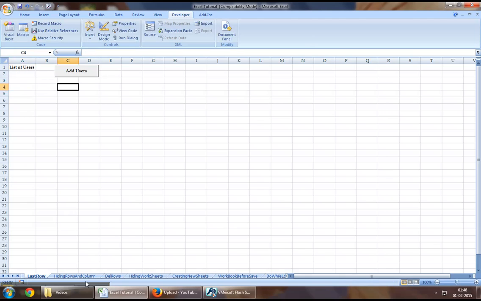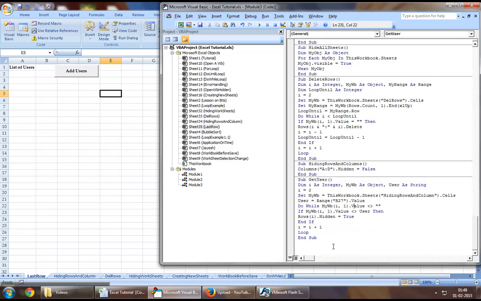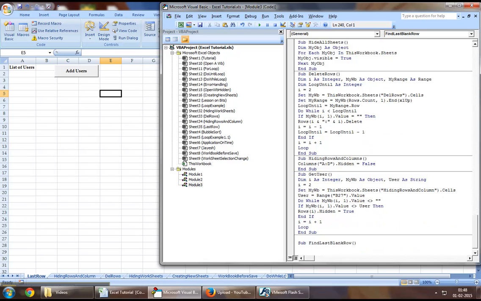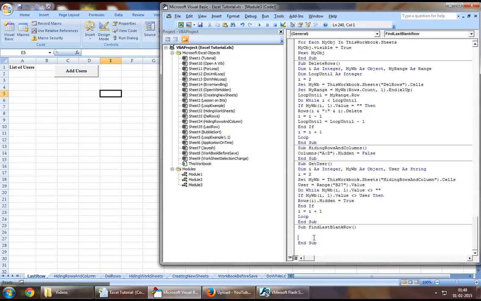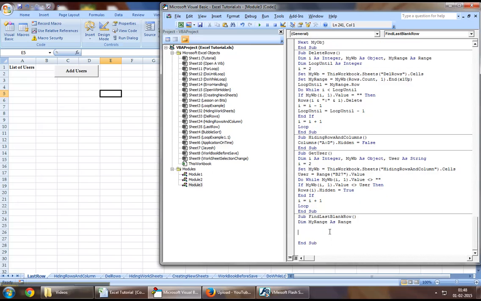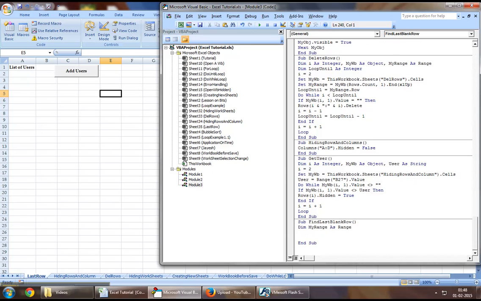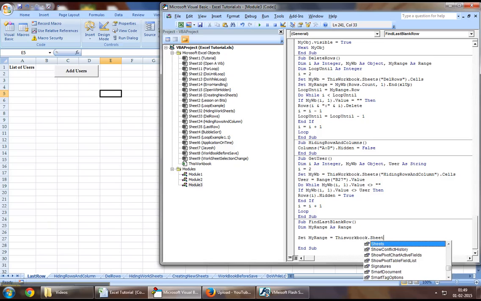In order to begin, let's jump to the Developer tab and Visual Basic. You may want to start off by creating a new procedure, let's say FindLastBlankRow. To start off, define a variable as Range. Now in order to find the last blank row, you assign my range to ThisWorkbook.Sheets, my current sheet, which is last row, .Cells